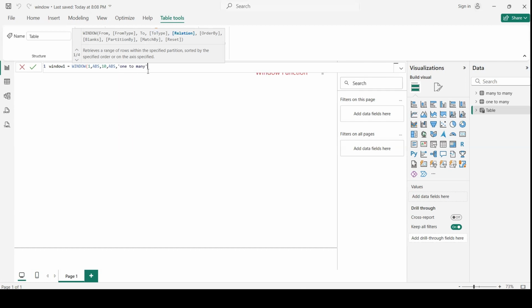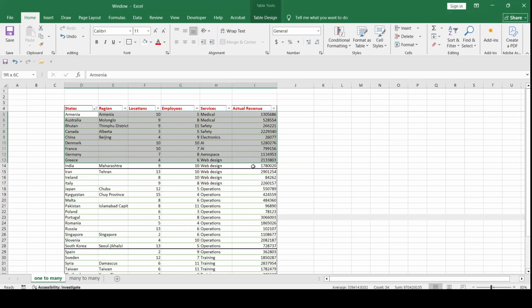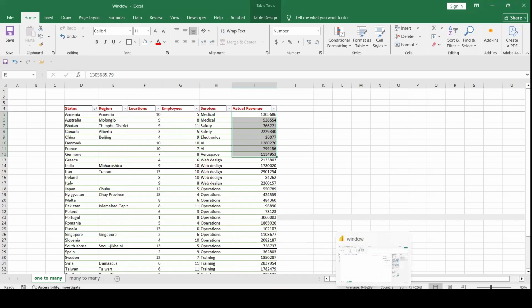Or if we don't want to take the whole table, for example, if I don't want to take all the columns for the first 10 lines, and I want to take only services, states, and actual revenue, we can do that very simply from the relation side.